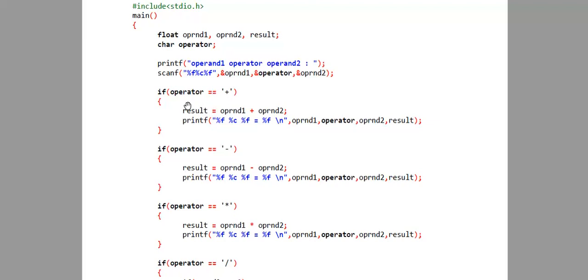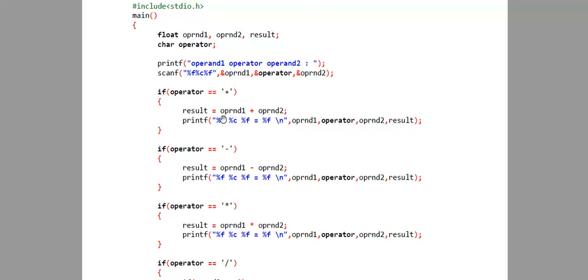First we will check whether the operator is equal to plus. This is an if statement. If this is true, then we will do the addition operation. Result is equal to operand 1 plus operand 2, and we will display the message %f, %c, %f is equal to %f. Suppose the input is 5 plus 2.